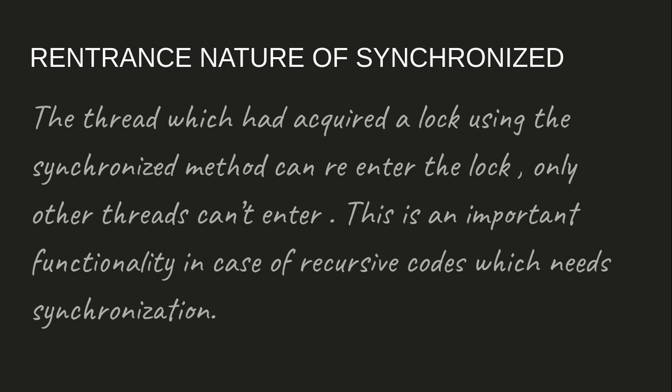Let's say you have entered a function, you created a synchronized block, and inside the synchronized block you are recursively calling the same function. Now the same thread will try to enter the synchronized block again, but since the lock object is already acquired, will it be able to enter the synchronized block? If it is not able to, then there will be a deadlock, because the same thread is waiting for the same thread to release the lock, and that same thread is waiting for the same thread to acquire the lock again. So there will be a deadlock.